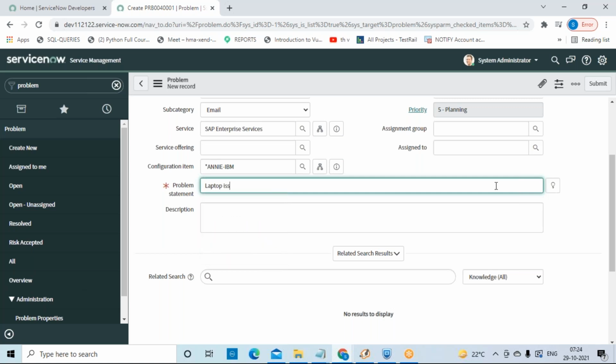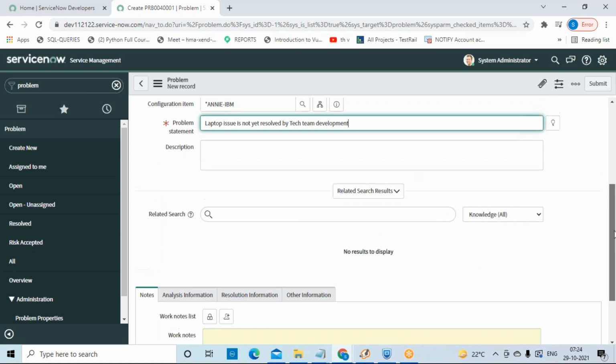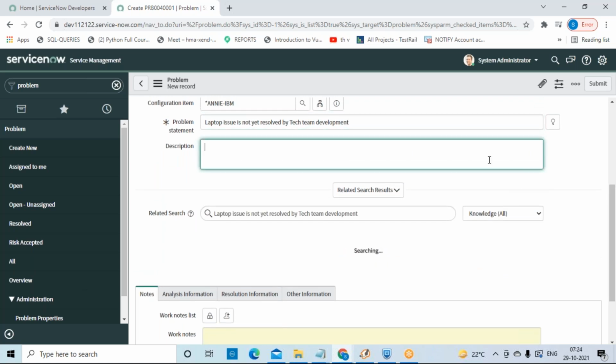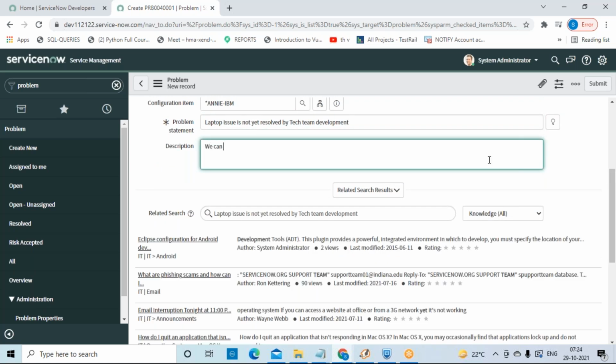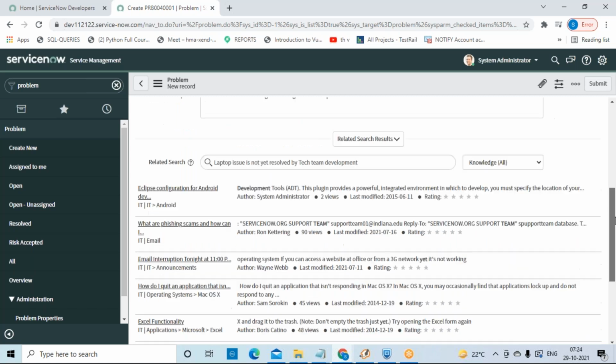Laptop issue is not yet resolved by the team development. Okay. And here, if we want to provide the description, we can describe the things according to the value provided. Okay. So once that is done,